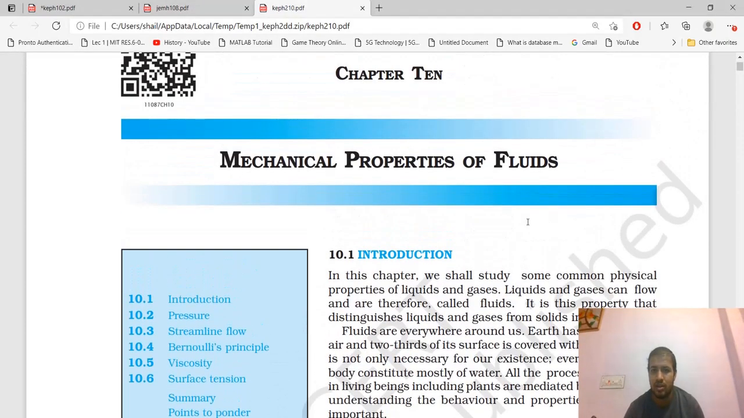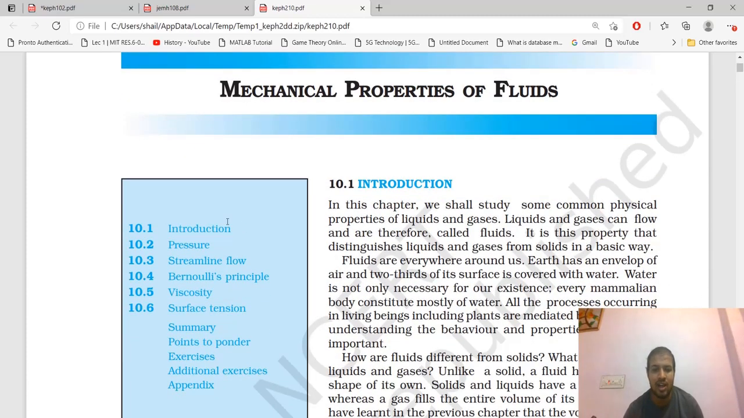Hello. Now we are in chapter 10 and we will study the mechanical properties of fluids. And let's go to what the topics in this chapter are. First we will go through the introduction, then pressure, then streamline flow, and then Bernoulli's principle, viscosity, surface tension. And I want to say that 70% of the Earth's surface is covered with water, and